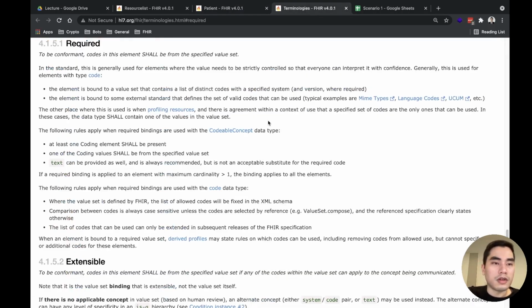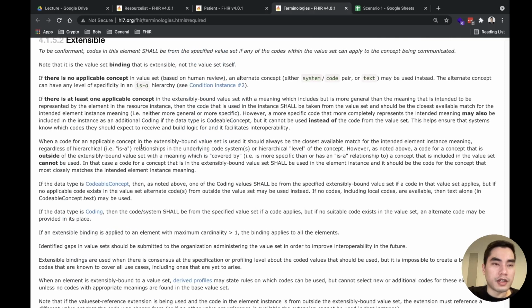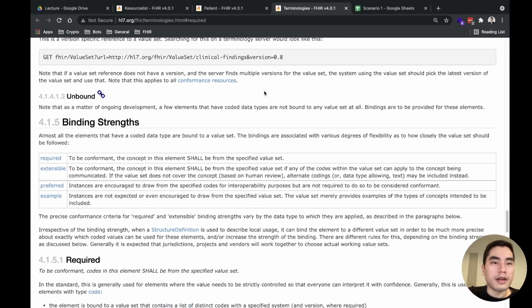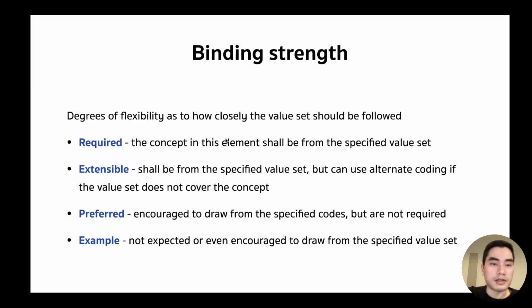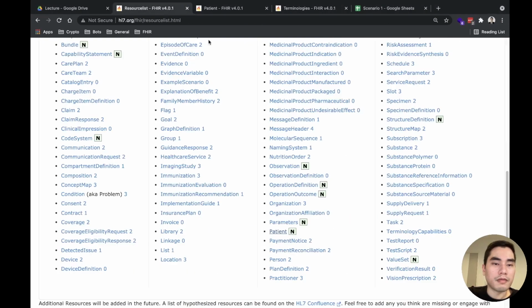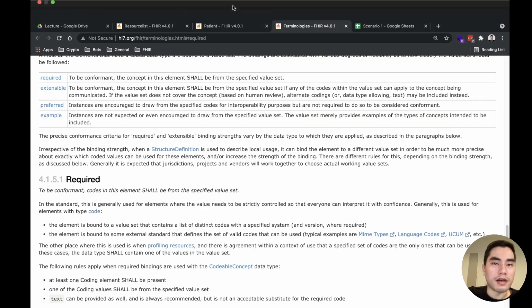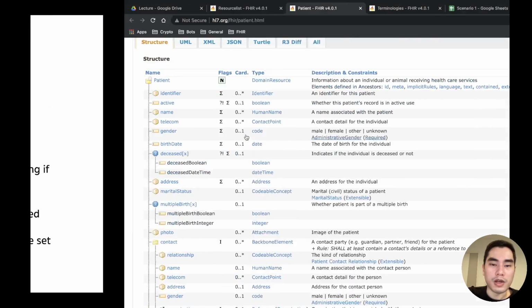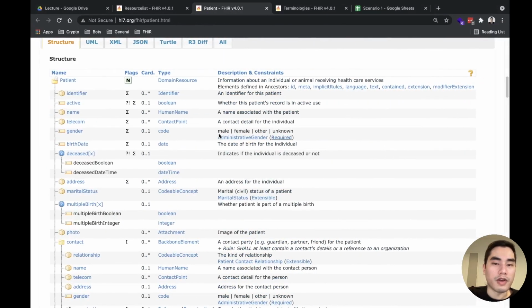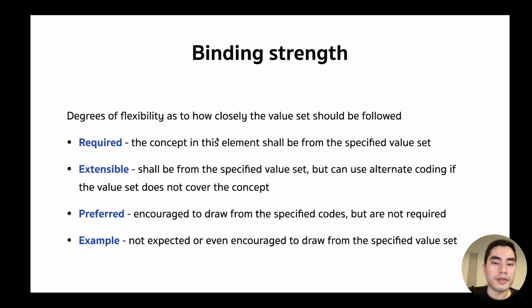If you click there, you will see the definition of what is required, but I will summarize it like this. Required means that the concept in this element must be a value from this particular value set only. You cannot choose a value from another system unless you do a profile. That is another concept, another topic.